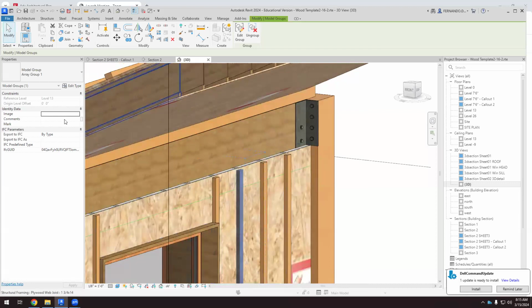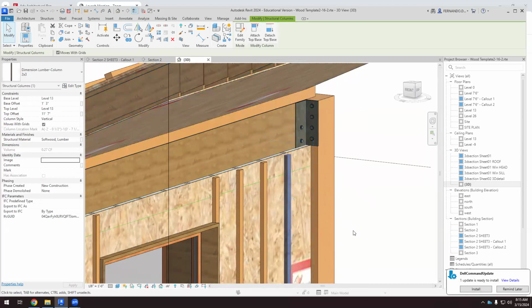Okay, so let's do that. And how can we do it? Is this okay? So that's an array. So probably this is a beam or a column, and then I created the array. So if I create the array and I want to change the elements, I have to ungroup them. Okay, so if I ungroup and now click here,